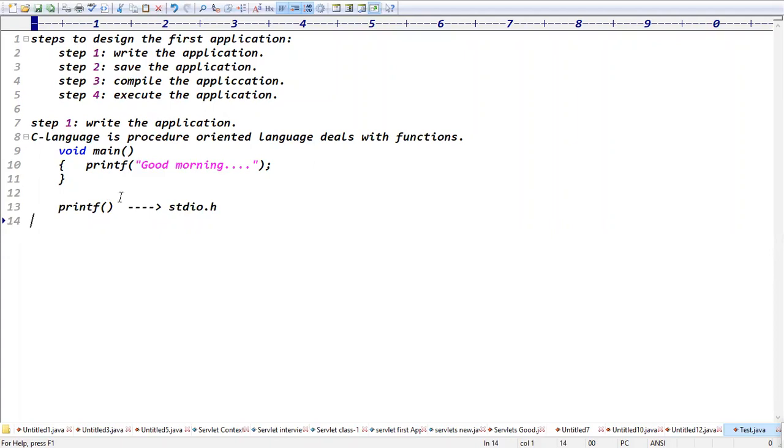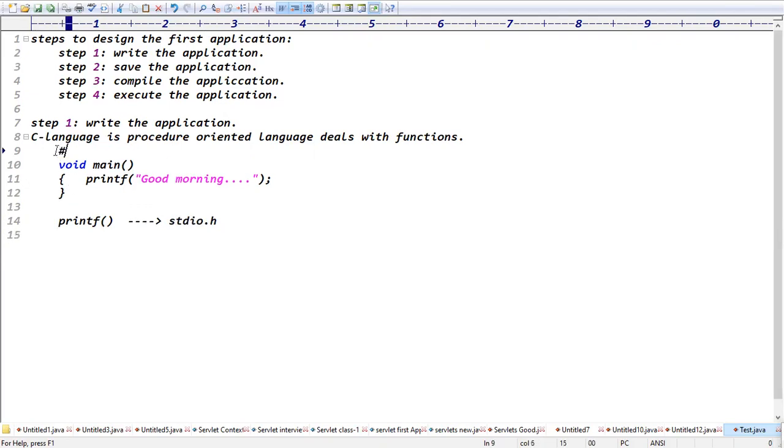What is the header file name? stdio, right? Standard input output header file, guys. So we need to include the header file. To include a header file, we use the hash include statement. Hash include stdio, right? Exactly. So finally, we understood that C language